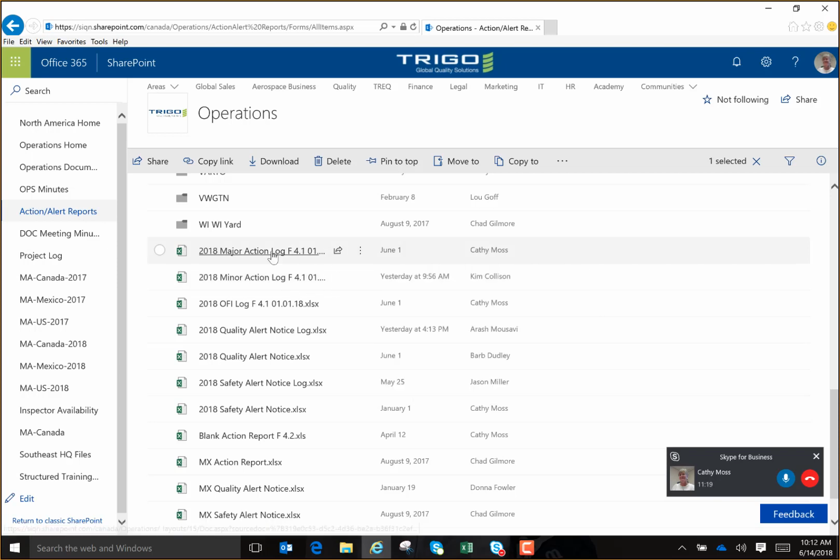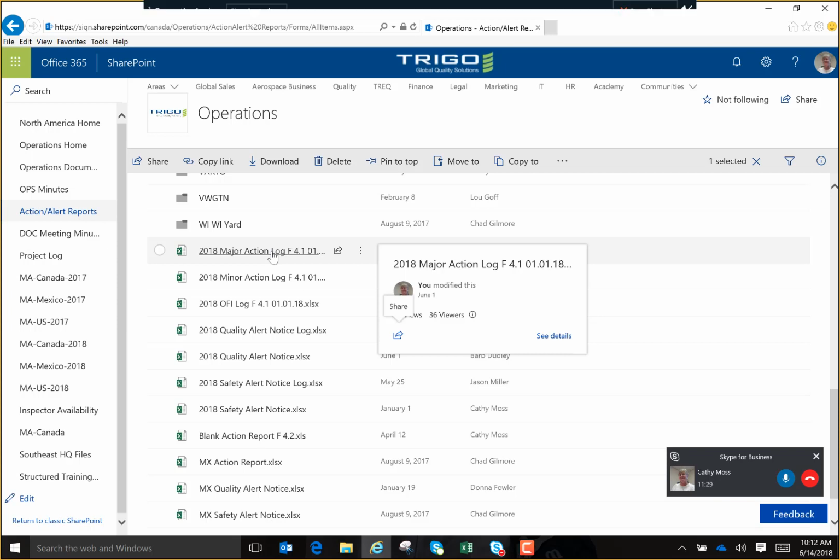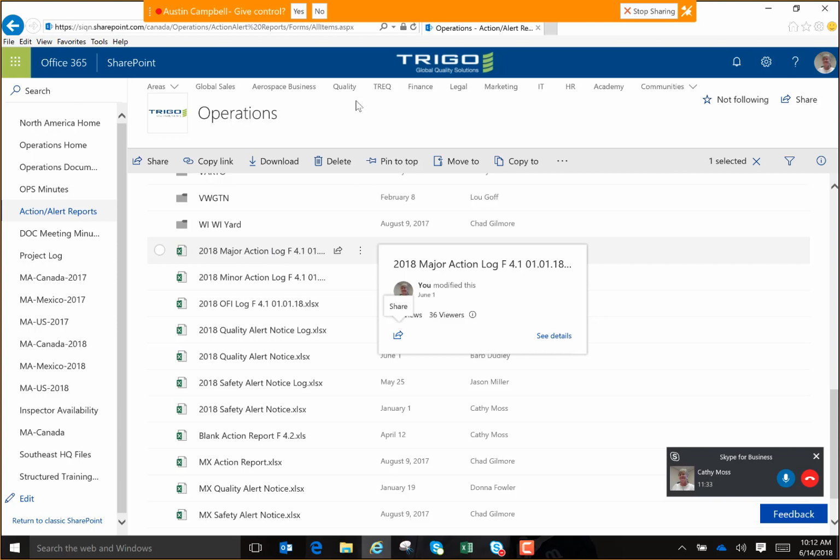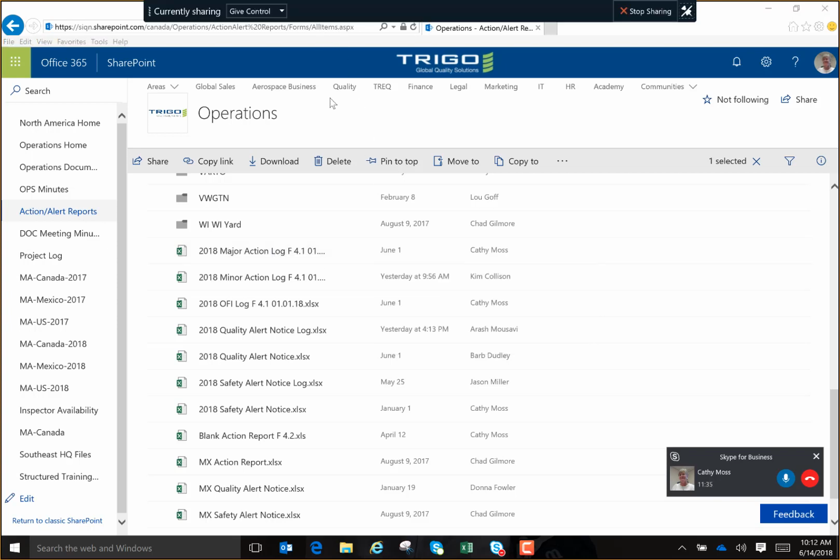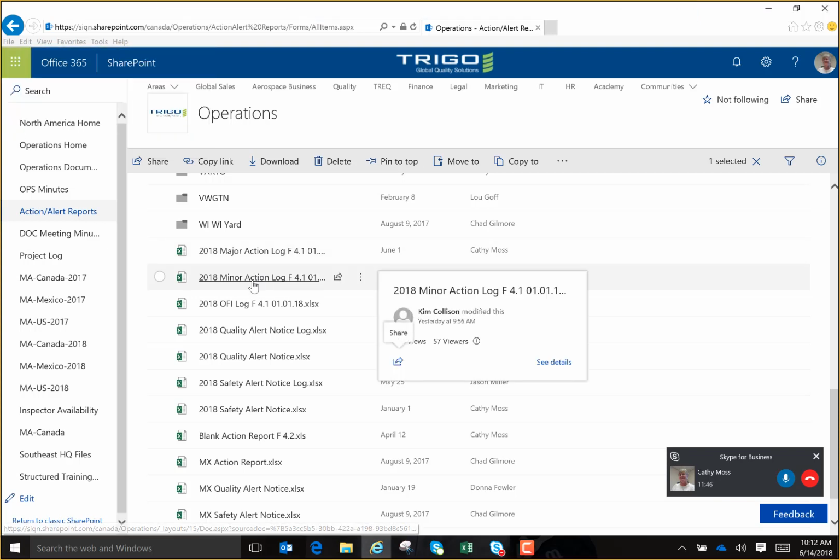A major corrective action, which is highly unlikely that you would open, would be a total system breakdown where absolutely nothing is being followed at the site or for the customer. 100% of the parts escaped, and that's what a major action would be. So chances of opening the major action are fairly slim. So you would come into your minor action log, you would open it up,